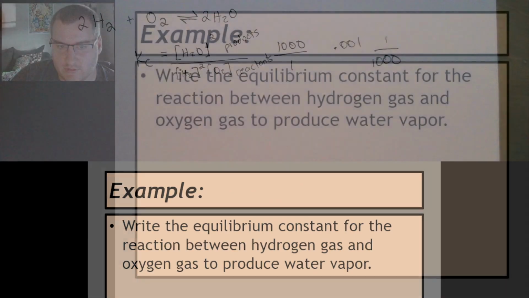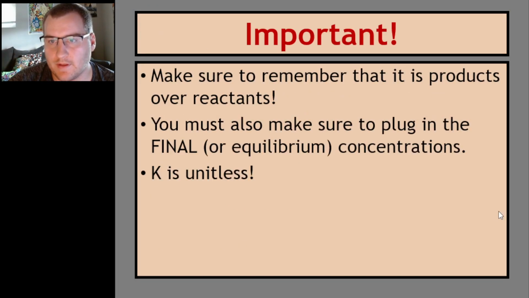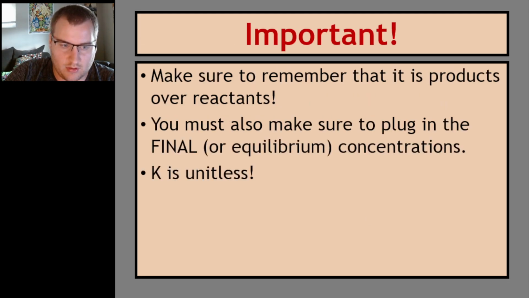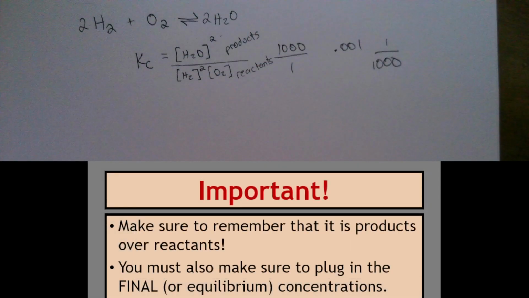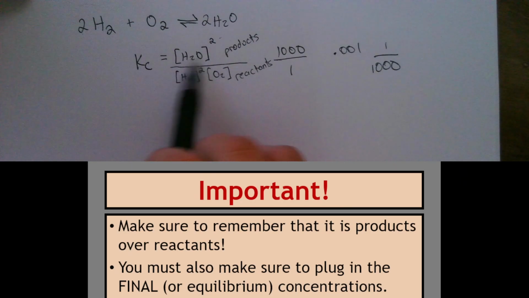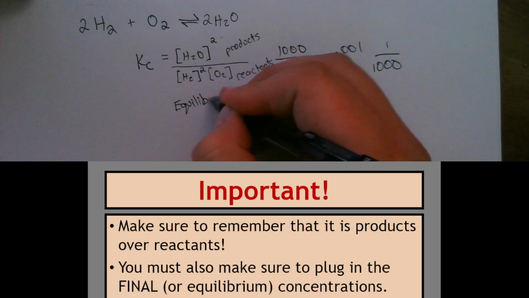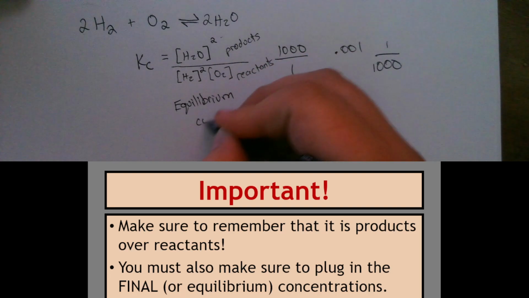Okay, let's use that. Make sure to remember it's products over reactants, which might look a little bit weird, but you'll get used to it. You must also make sure to plug in final or equilibrium concentrations. What that means is these numbers, go back real quick to my DocCam. When I plug in something for this, I can only plug in my equilibrium concentrations